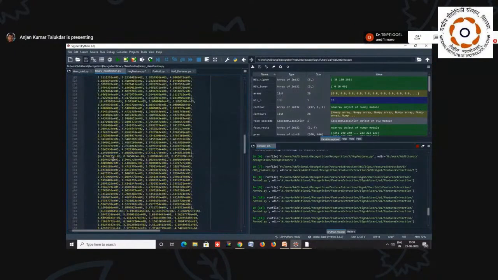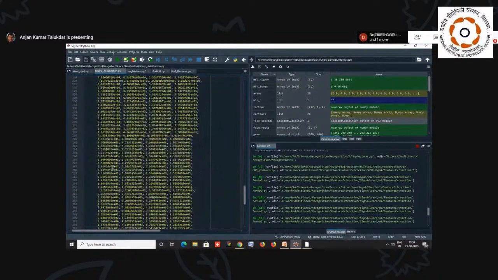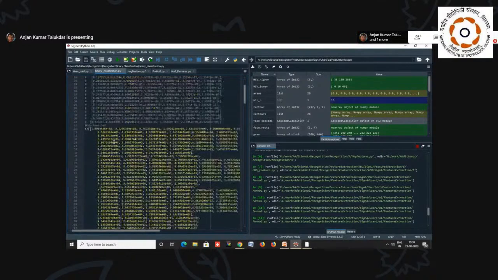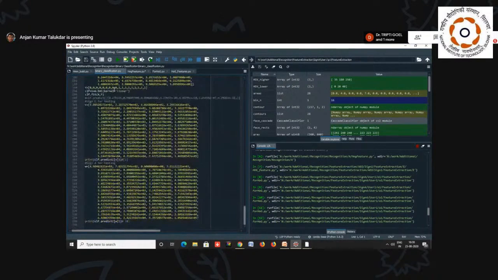You can generate a separate file also for that, then you can read the file also. Then suppose this is our input features. X is our input feature vectors, this matrix. Then Y is our output classes, suppose 0 for A, 1 for E. Then I have used a linear SVM classifier. This is the training part. Then clf.fit will train the SVM, and for testing, suppose after training is done, you can test whether it is